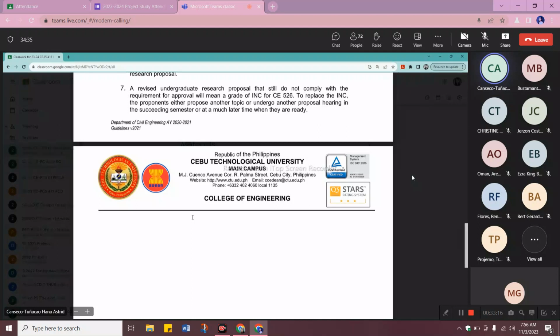No? So I remember during that time in San Carlos, if re-defense ka, automatic 3.0, meaning dili na ka with honors. So here, I have added item 8. If ever re-defense mo, then the highest possible grade, regardless if your re-defense has outstanding performance, would be 2.8. No? Kaya nga naman,